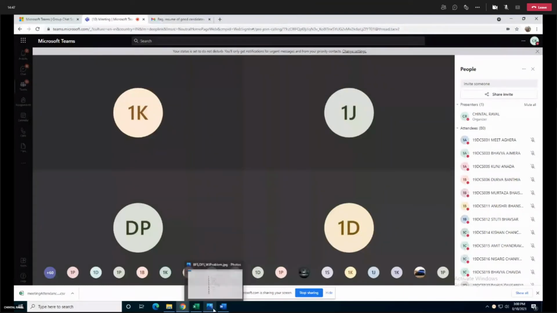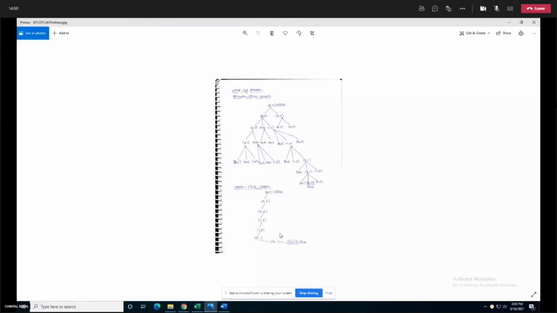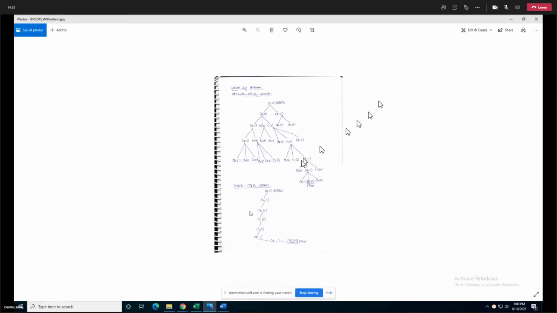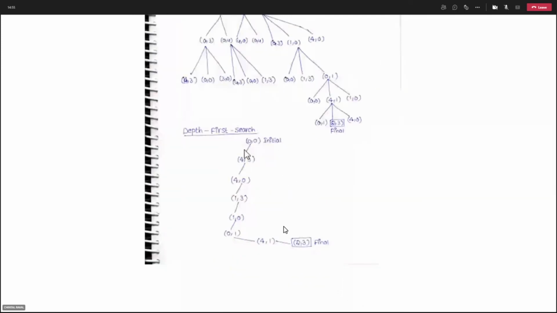Okay. Now we are going for depth first search. See, depth first search algorithm, how it will work. See, you have initial state and you know that two rules are applicable to this initial state. Out of two rules, you have to choose only one and apply it. Breadth first search has its advantage that because we are applying each and every rule, you are guaranteed to find the solution. But in depth first search, out of many rules, you are just picking one and applying it. So you are not guaranteed to have solution when you are using depth first search.